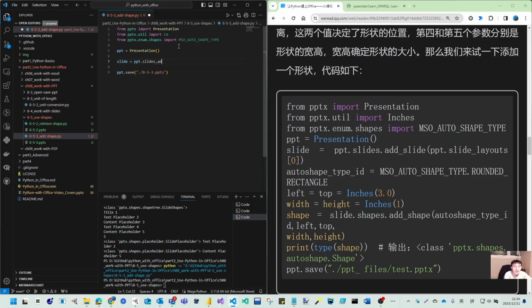ppt.slides, and then add the slide. When we add a slide, we add this layout, giving the argument as the layout. Now let's follow along. We use layouts 0, so that's the title page. And then auto shape type ID equal to MSO, so Microsoft Office auto shape type dot